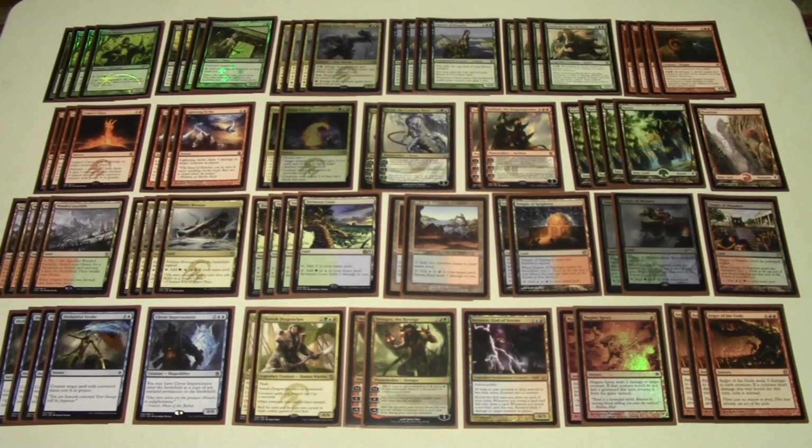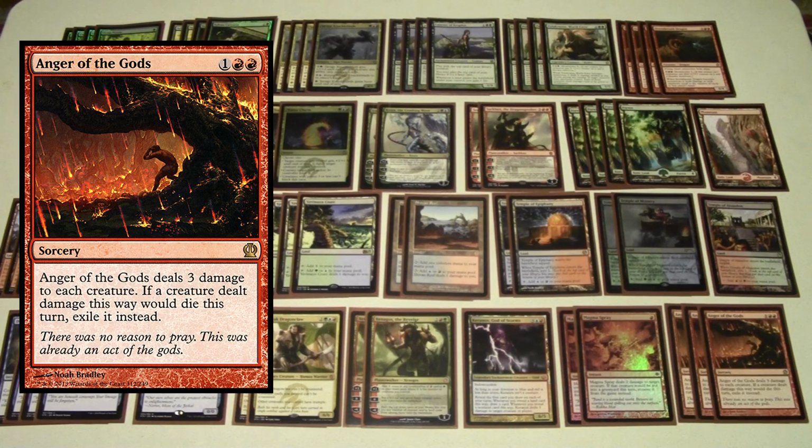And then a 3-of for Anger of the Gods. So Anger of the Gods dealing 3 damage to each creature. If a creature dealt damage this way would die this turn, exile it instead, so pretty much the same clause as Magma Spray. However, with Anger of the Gods, we're also going to be able to side it in for